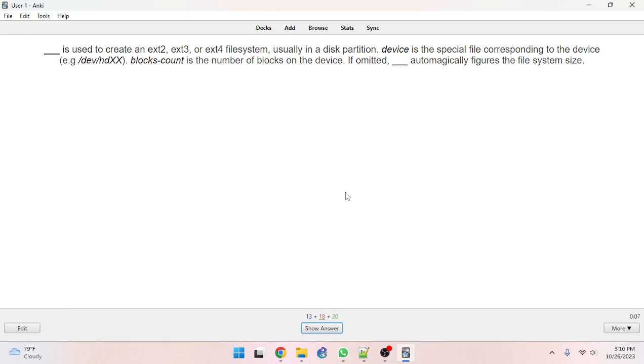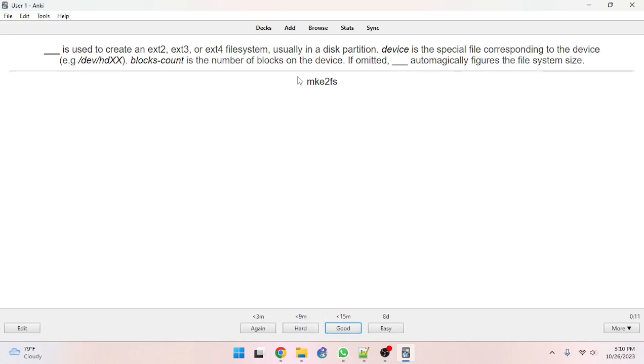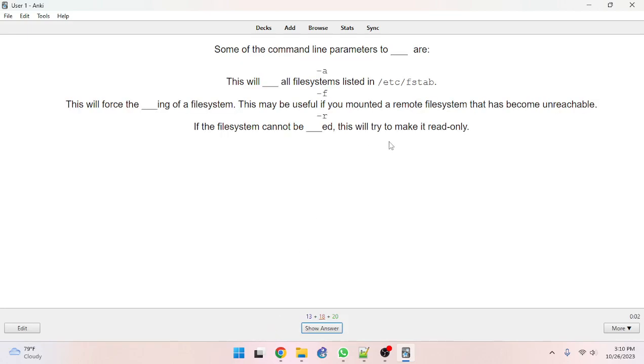Okay, I'm going to go with mkfs. So mke2fs. Wrong. And this is because we're making an ext, and then we're making it into a file system. Some of the command line parameters to blank are